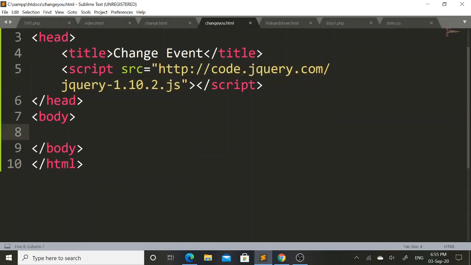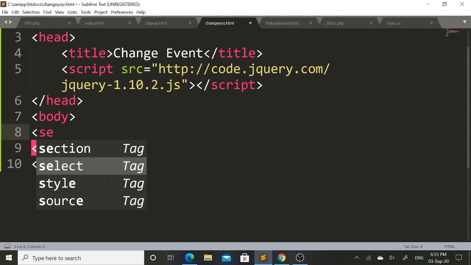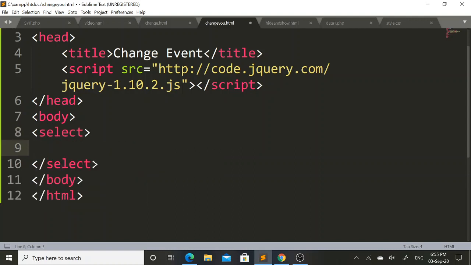Here within this body tag, I will create first drop down list of different colors. So I will include select tag. Within this select tag I will mention option tag. In this option tag I will set red value as a color. Here I will mention options of 4 different color.